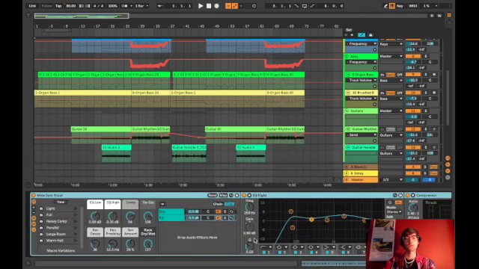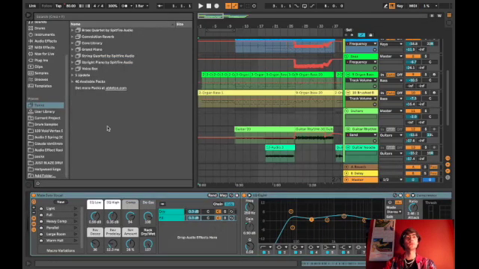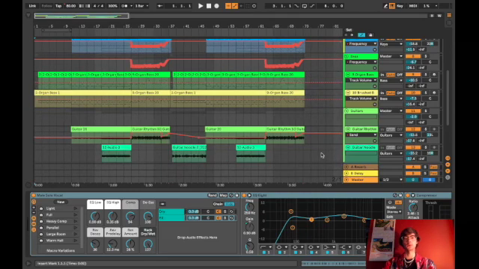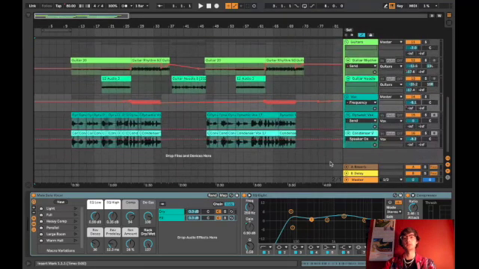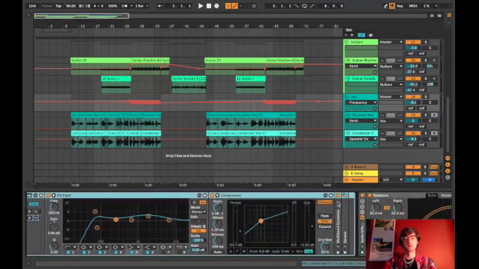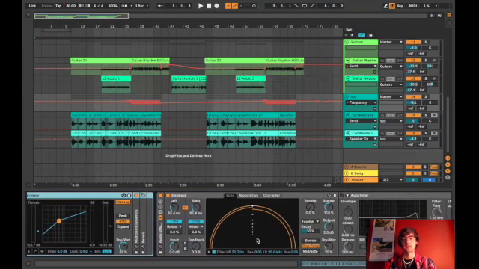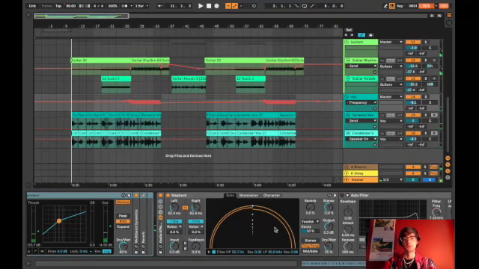And one thing I was starting to do was use the voice box pack in Ableton, and that really gave me a good starting point with processing the vocals. And from there, I would adjust the EQ and the compression. And in this case, I added some slapback echo to the vocals,